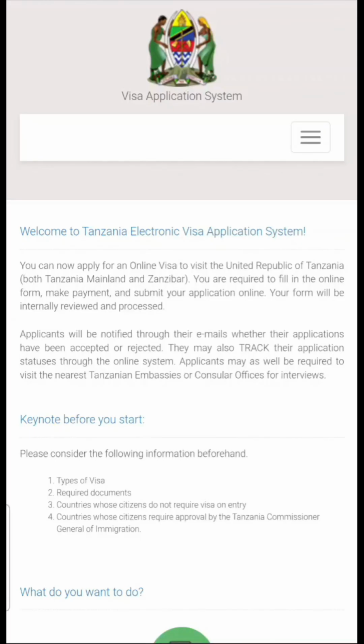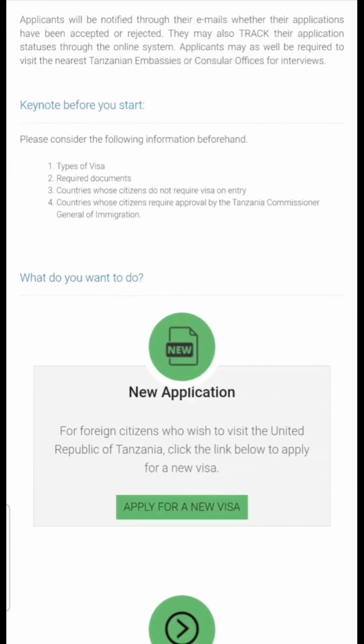So guys, in front of you I have opened this Tanzania eVisa website. On the front page itself, you should scroll down, you have the option of new application and apply for a new visa. Tap on this,